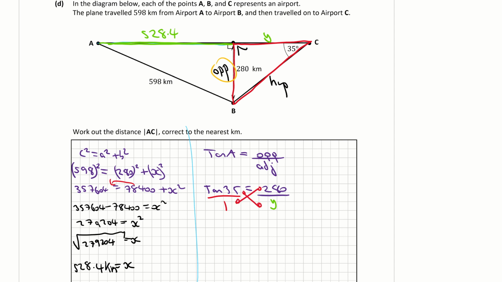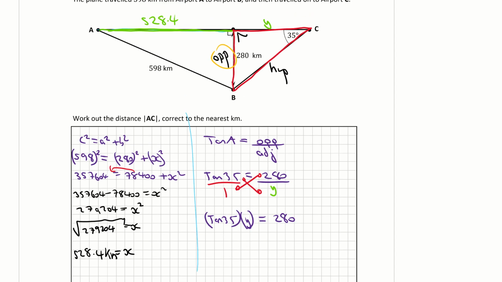So tan 35 multiplied by y stays as tan 35. Turn that into a decimal if you want. I'm just going to stick them together because it means multiply. And 1 by 280 is 280. To get y on its own then, I divide both sides by my tan 35, or whatever that is as a decimal if you're working in decimals. And that gives me an answer of